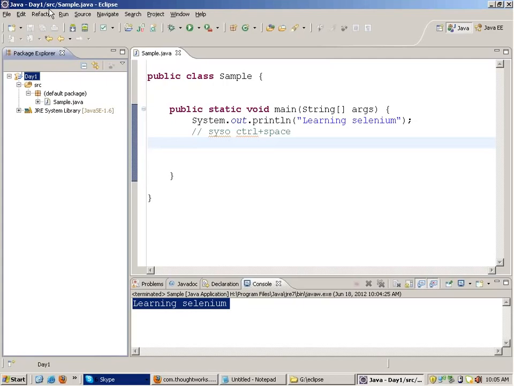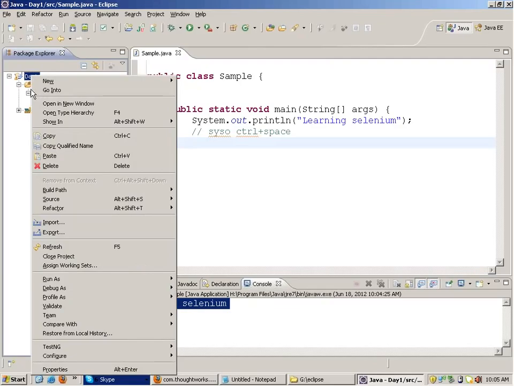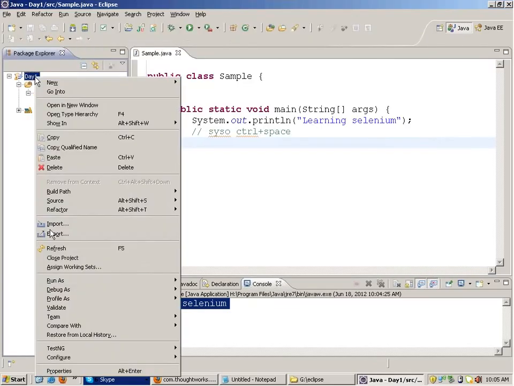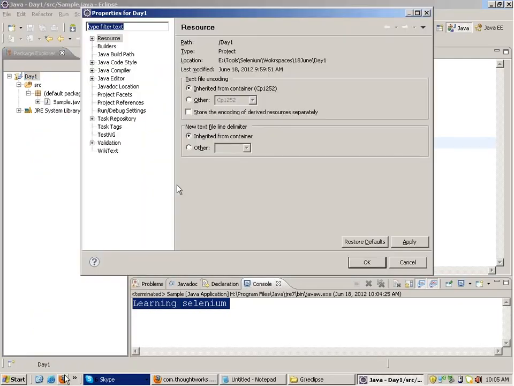Okay, before I tell you that, you need to understand the concept of class files. Now this is my Java file, that is sample.java. This is inside the project day 1. If I right click on this project, go to the properties, right, that is, again I repeat, right click on the project, go to the properties. You will have the location where this project is lying. Alright, you copy this location,